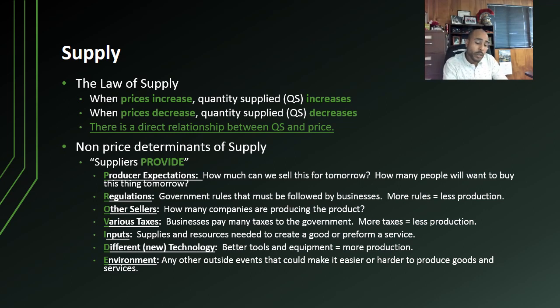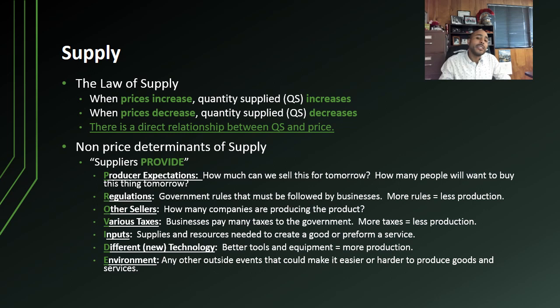Next up is different or new technology. Generally, having better technology, better tools, better equipment makes it much easier to produce things. And so when we get better technology, production should increase. Now, last off,